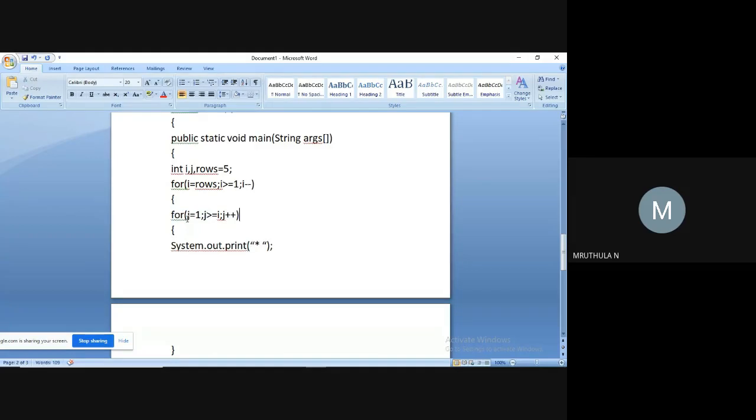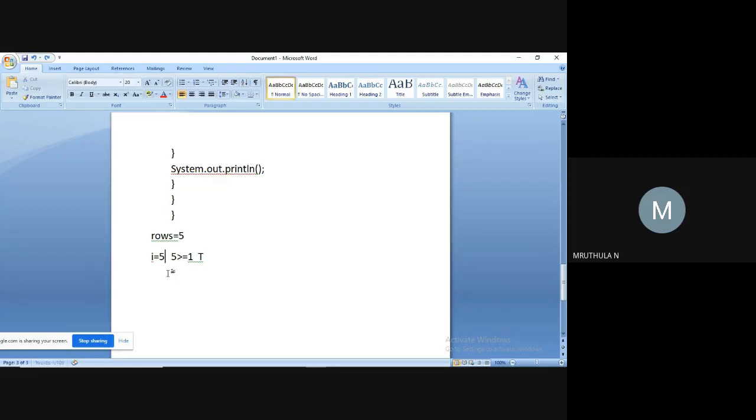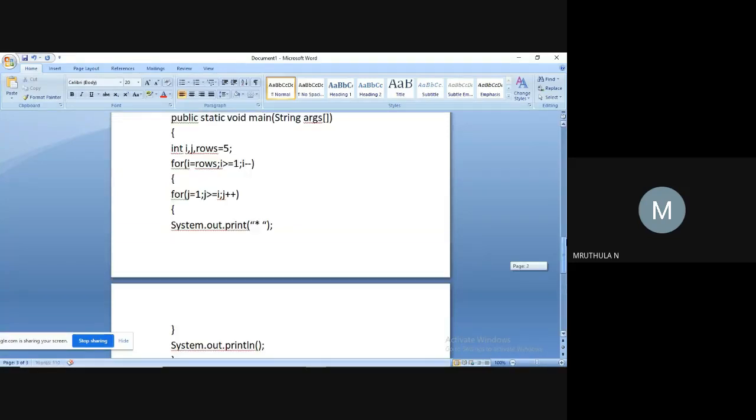Again, we are seeing another for loop of variable j. For j is equal to 1, j greater than or equal to, sorry, j can't be greater than I, because I is already having a value which is greater than j.